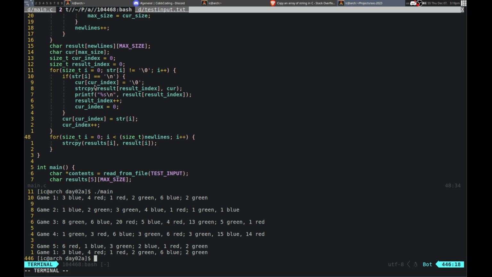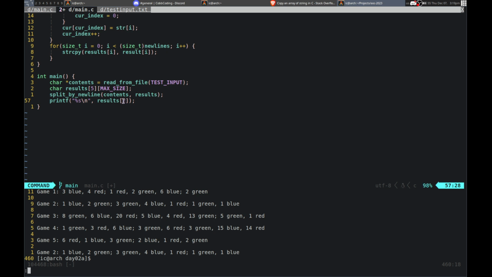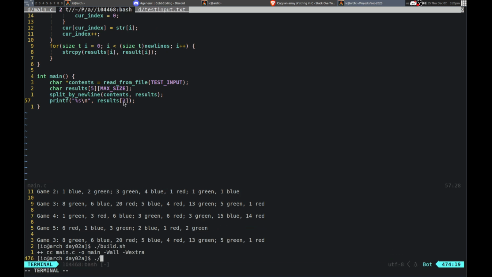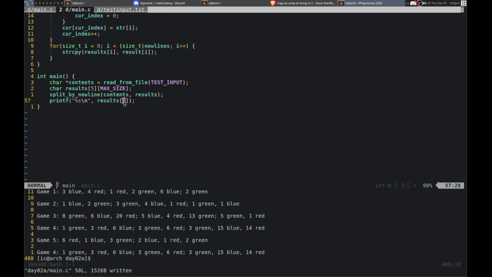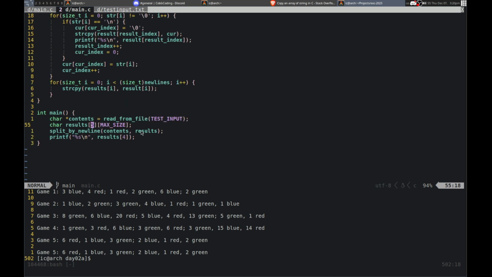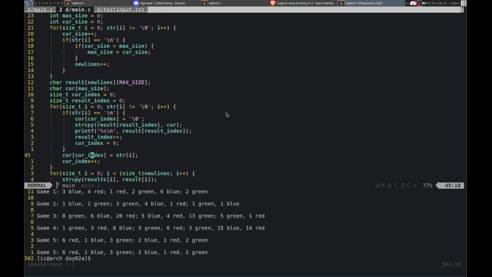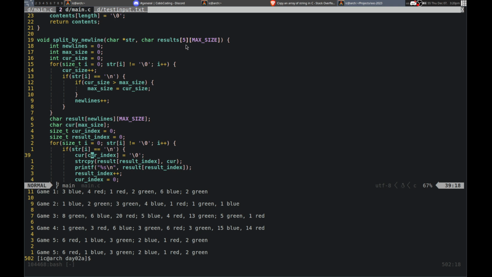Okay, so game 1, all right, and then 2, game 3, okay, game 4, and then game 5. Okay, yeah, so the only issue now is that we don't have the right size for it. Okay. But that does work. So we get it, we split it by line, which maybe I shouldn't have even done, but I did it anyway. Okay, so I need a way to make it